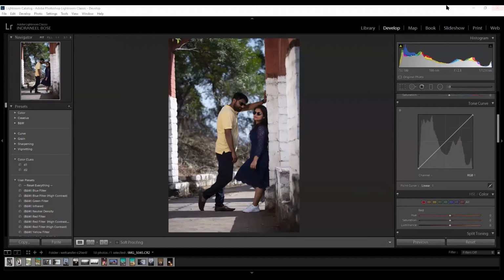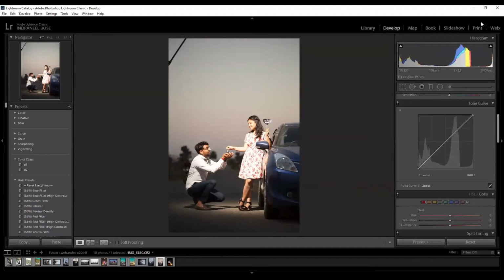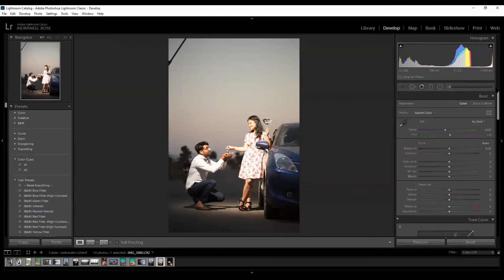So let's begin with the basic gradings that we can do with Lightroom. Let's learn how to do a basic grading. Suppose this is a basic color, which we can go ahead with. First and foremost, if you want to check whether the white balance is good or not, you can click Auto. Auto will try to give you a basic white balance, and if you want to check whether the exposure is correct or not, you can click Auto.